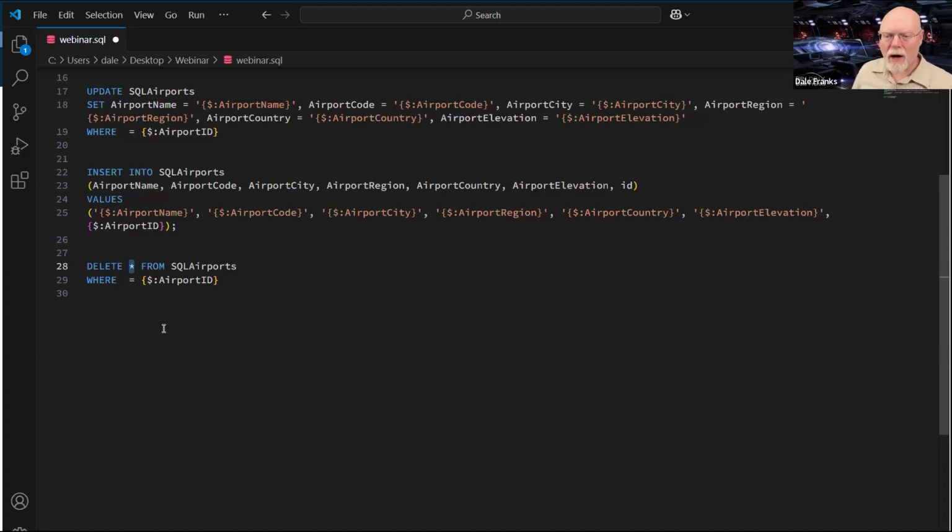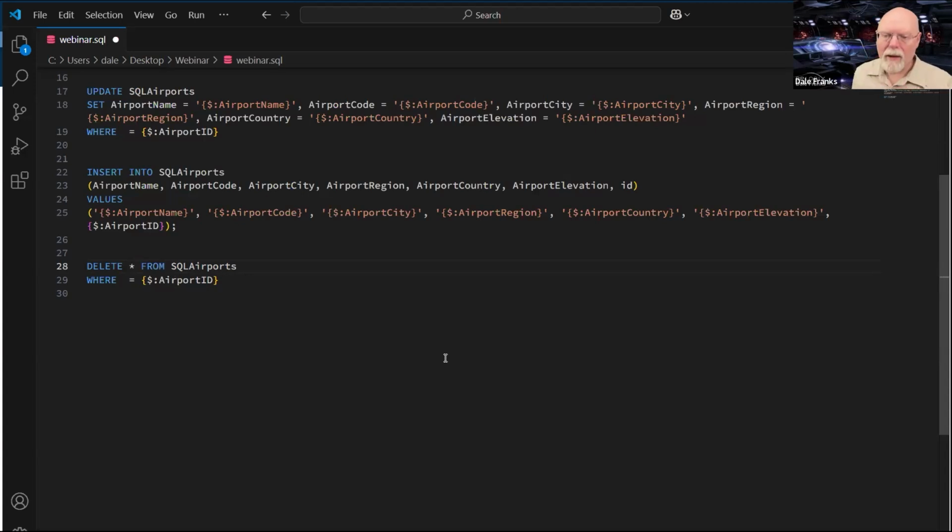So delete star. There are some, is it Oracle that allows you to do it or is it MySQL? There are some SQL that you'll see which will allow you to just use delete from SQL airports where the star is sort of implied and it works fine.